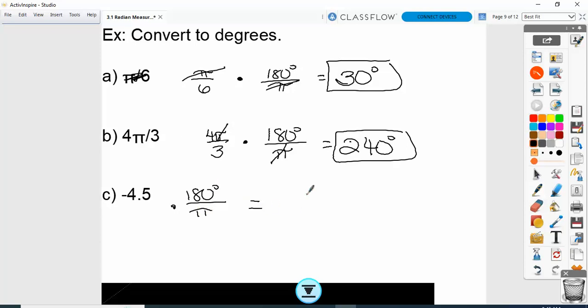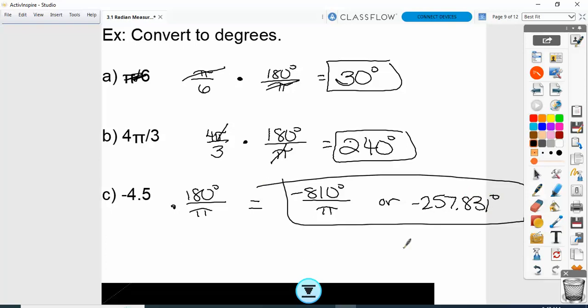We can't cancel the pi's this time. If you did negative 4.5 times 180, you get negative 810 over pi. Or if you actually multiply that and divide it by the pi, that is a negative 257.831 degrees. And you could write it either way, whether you divide out the pi or not. All right, so that's our stopping